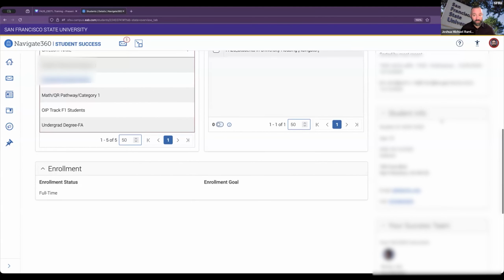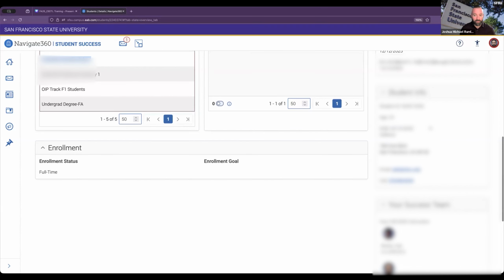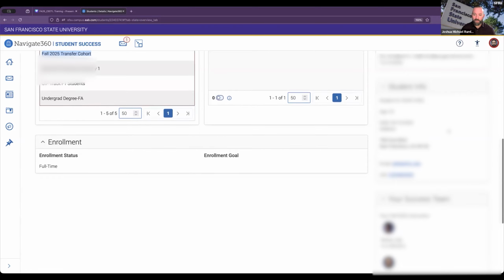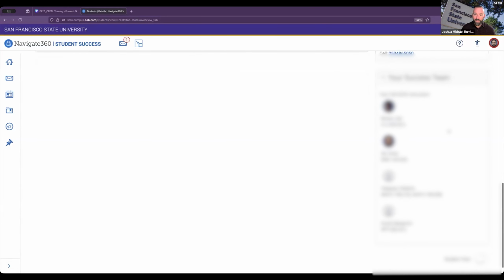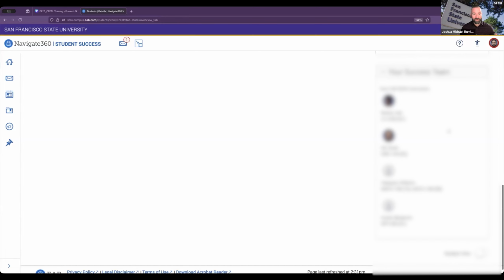You have a section for student information, so just information about the student, date of birth, address, email, cell phone number. And at the bottom here, this is the student success team. This is going to be a really important area to get familiar with because certain students will have assigned advisors. If they're a first or second year student at the institution, they're going to have an undergraduate advising center assigned